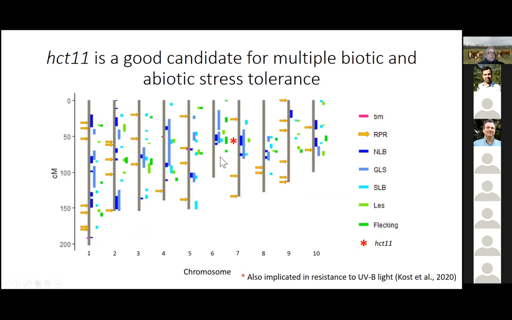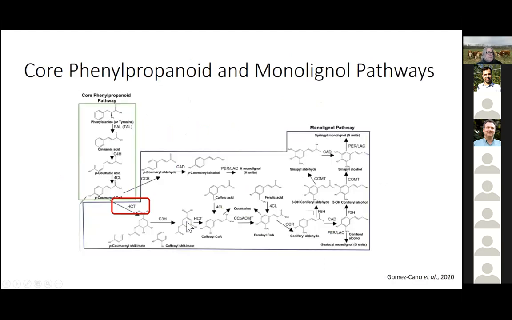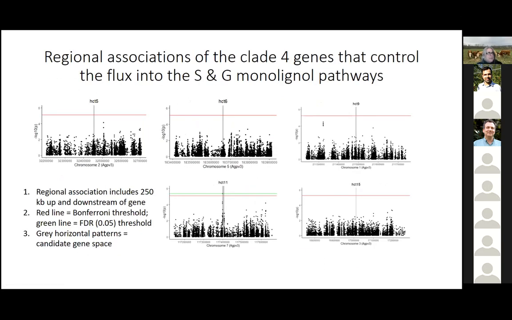When I put it back on this pleiotropy co-localization QTL map that I made, it is located right here, right where there's an NLB QTL, a Rayleigh spot QTL, and a lesion HR kind of QTL from Peter Balint-Kurti's group, which is really exciting. That's also exciting because Peter Balint-Kurti, as I'm sure he could tell you, identified HCT1 and HCT2 as genes involved in the autoimmune response in maize. So that's really fascinating because HCT1 and 2 are in this other clade, they're up in clade 2, and mine is in clade 4. This is one of my big wins of this entire manuscript, to show that.